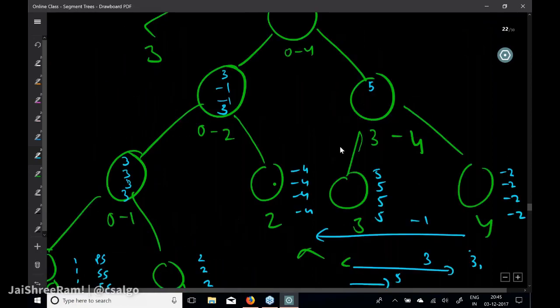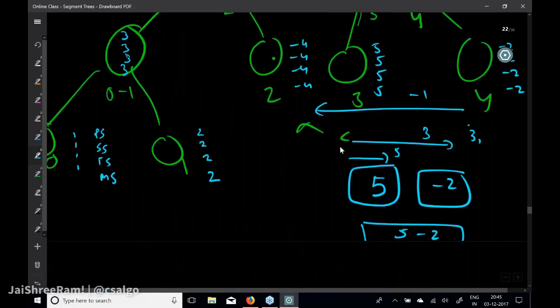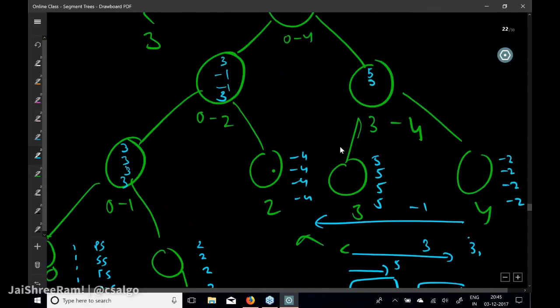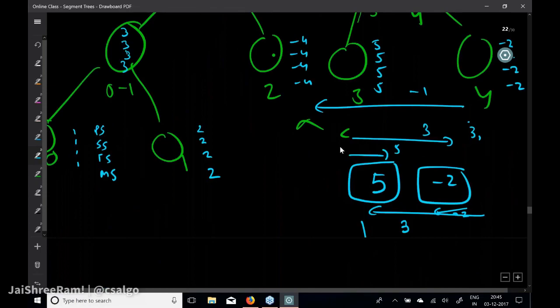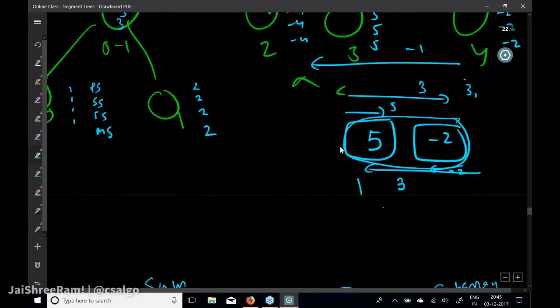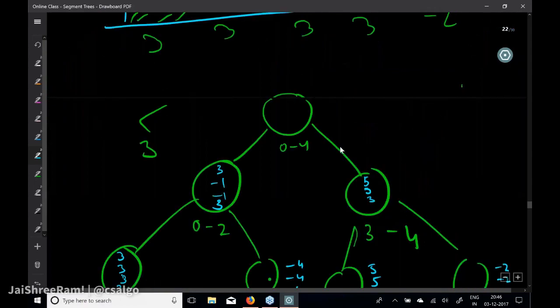सफिक्स सम या तो -2 होगा या फिर हमारा 3 होगा। सो -2 और 3, सो 3 आ जाएगा, ठीक है। टोटल सम 5 - 2 = 3, मैक्सिमम सम 5। इतने पार्ट की अगर बात करूं तो मैक्सिमम सम लेफ्ट का मैक्स सम 5, राइट का मैक्स -2, या फिर इन दोनों को मर्ज करके 3। सो 5 ही बेटर है, तो हमने इतना पार्ट ले लिया, तो ये सम 5 आ गया।